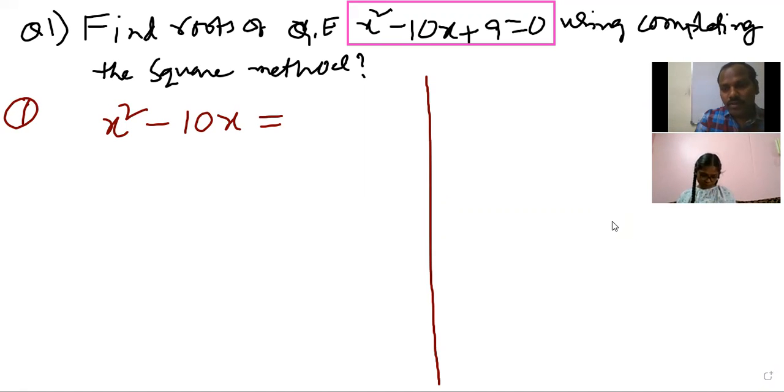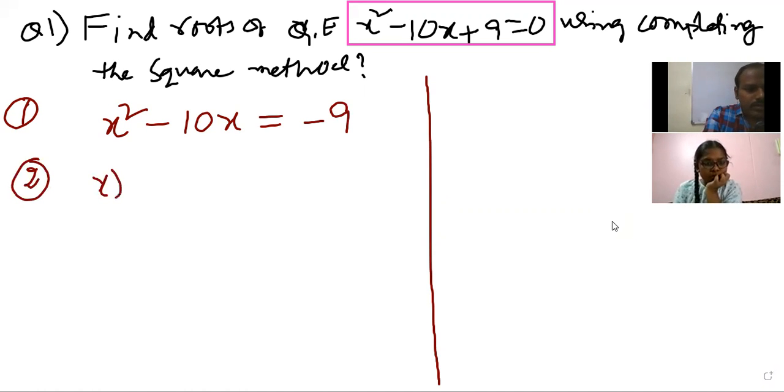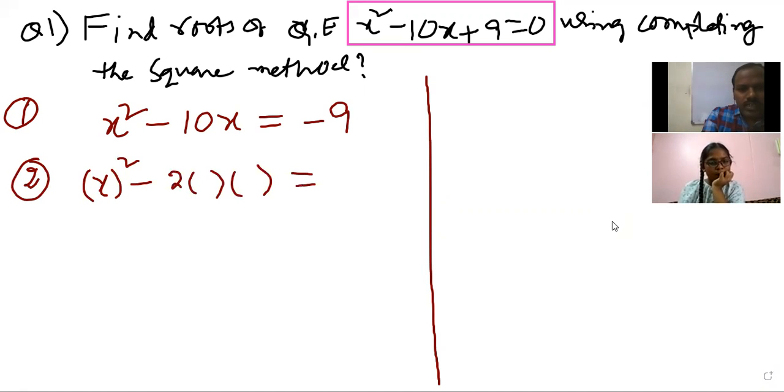Actually, when you have a coefficient, but as of now, you can directly transpose 9 to the right side. We get -9. Look at the board. Step 2: right here, x square, you need to reserve the two brackets and -9. Now write the first bracket x, and in the second bracket, after writing x,